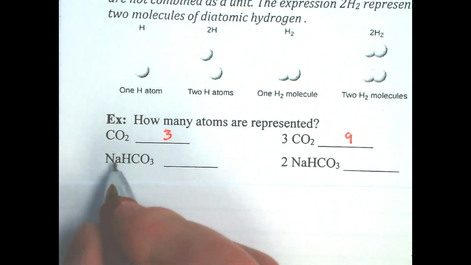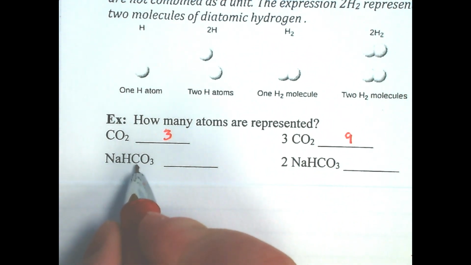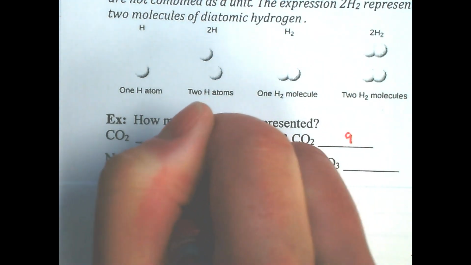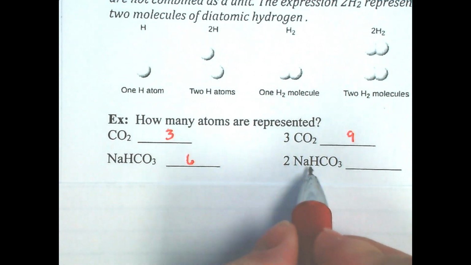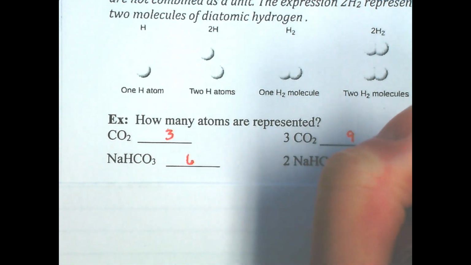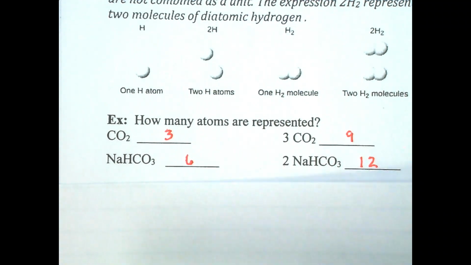This one, I have 1 plus 1 plus 1 plus 3. So that's 6 atoms that are combined. And now it's saying I have 2 of those. So that would be a total of 12. All right, on this one,